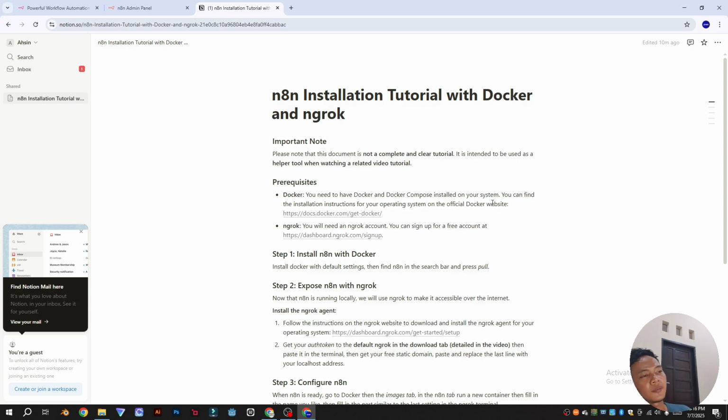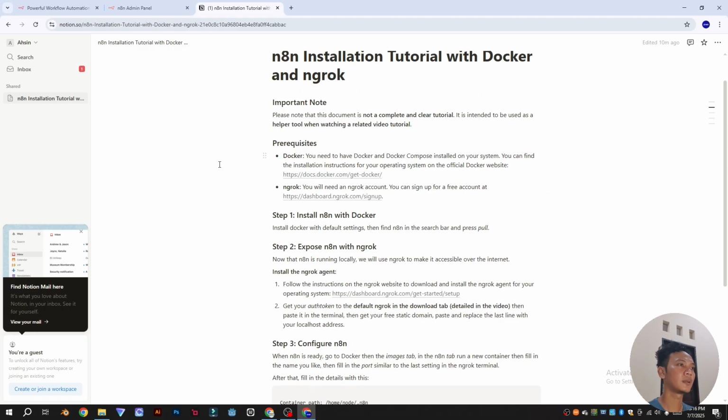Ngrok is to make our localhost become a public domain, so we can access it. Of course, the requirement is that your computer must be running whenever your automation needs to execute. However, for learning and development purposes, this method is an ideal choice.